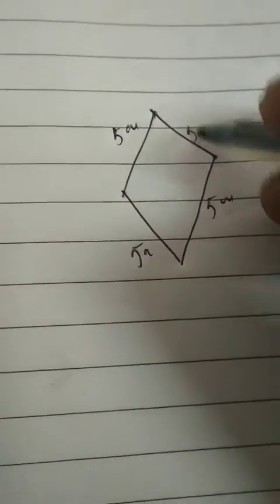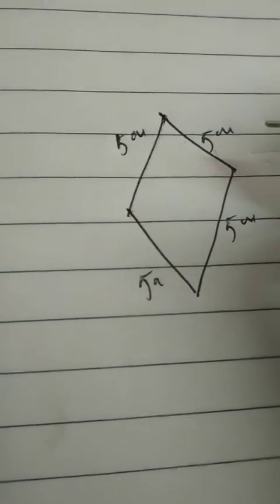Question number 6 is very important, children, as this figure gives us a complete concept of the area of a rhombus. So find the area of a rhombus whose side is 5 centimeter and whose altitude is 4.8 centimeter. Okay, so let me draw a figure first. This is a rhombus. We should keep in mind that a rhombus is a quadrilateral in which all four sides must be equal in measure. So the measure of each side is 5 centimeter: 5 centimeter, 5 centimeter, 5 centimeter and 5 centimeter.